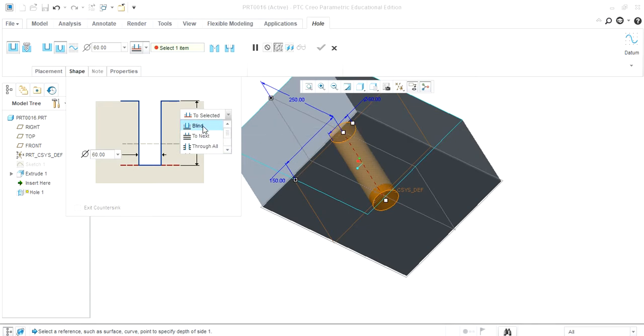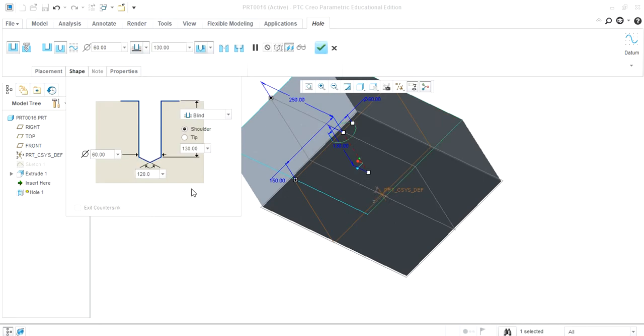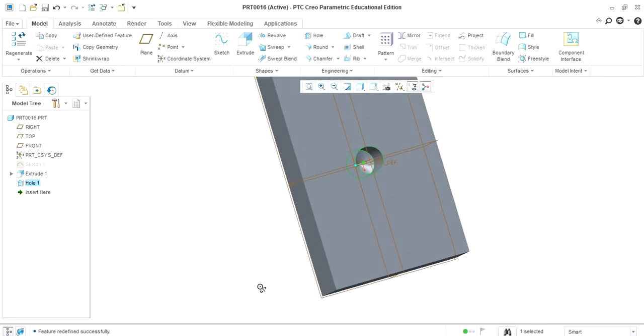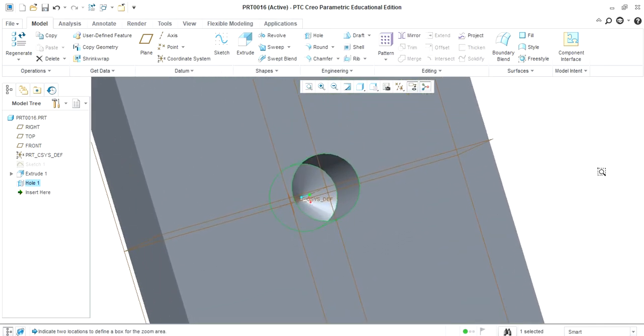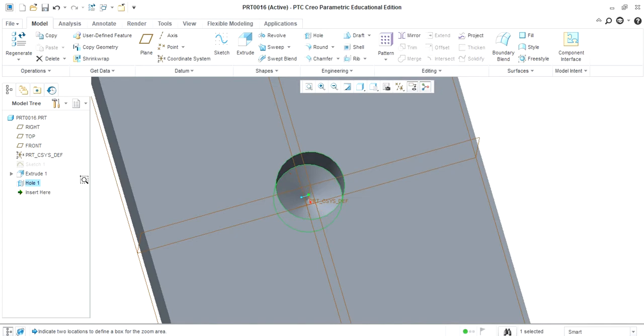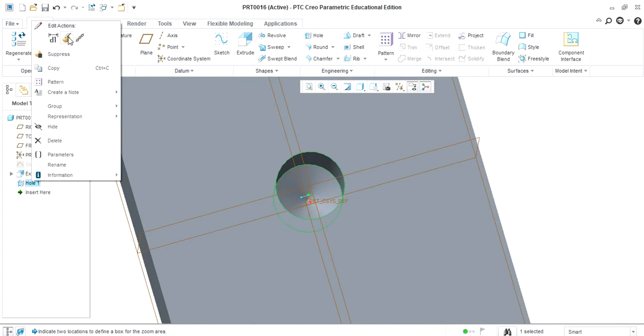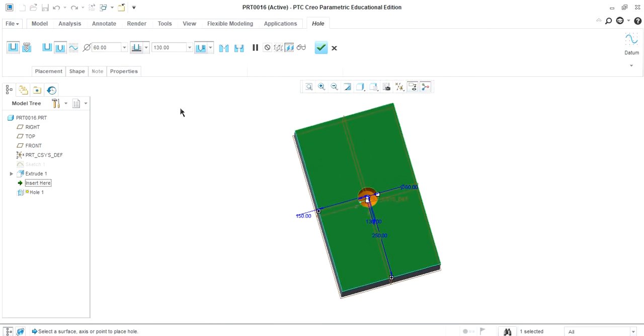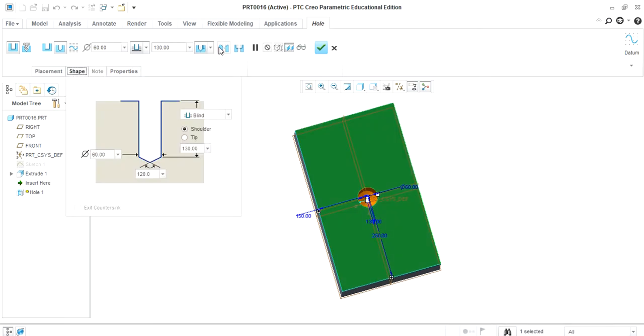For this particular case we will take the blind option. So here you can see the hole with the taper at the end. Again we want to modify it, so go to the model definitions. Then the next type is, here you can change the orientation.